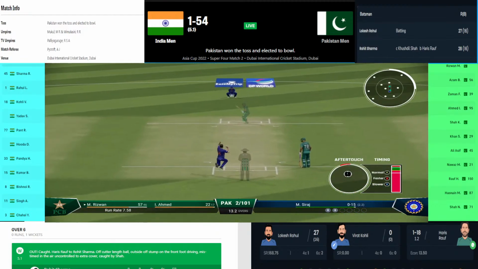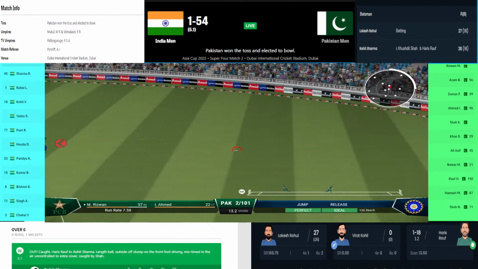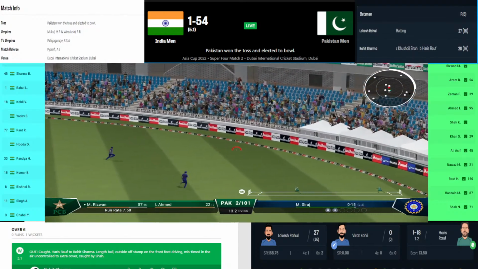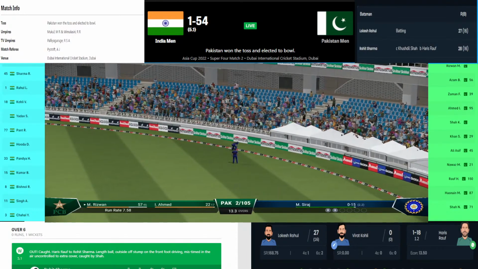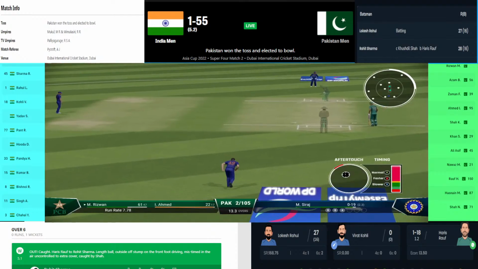But for India, the start is just very, very good. They have started with a run rate of above 10. Right now, the run rate is above 10. That's very good. That catch was almost a blunder from both the Pakistani fielders. They both were trying to catch it, but thankfully they caught it successfully.